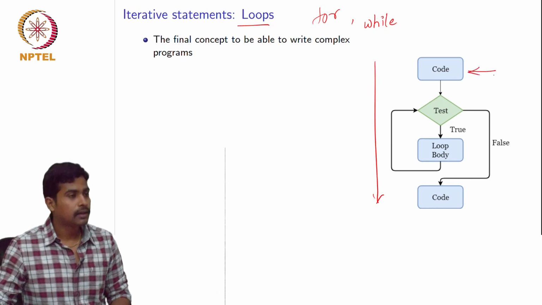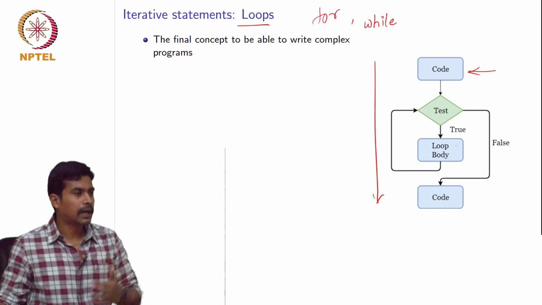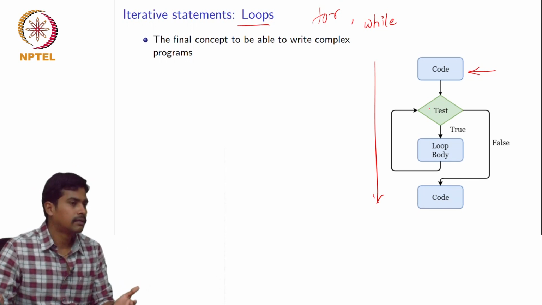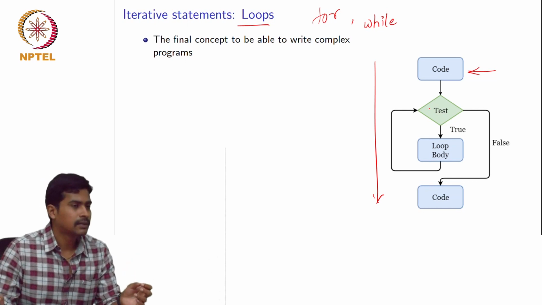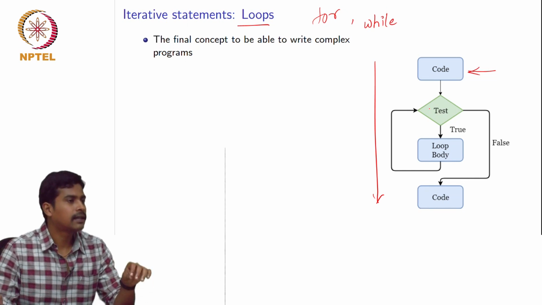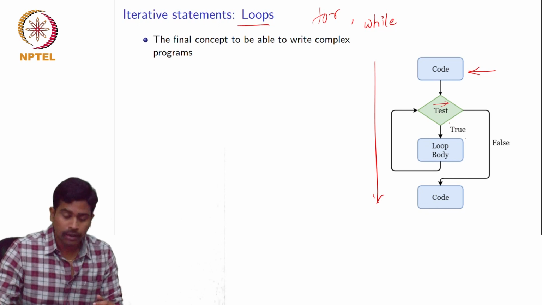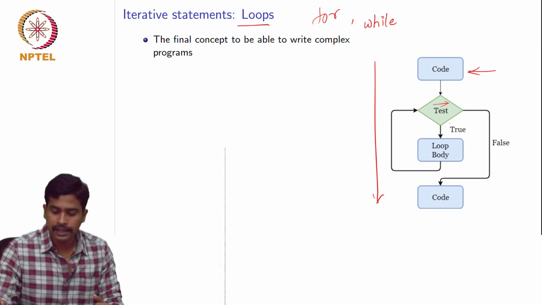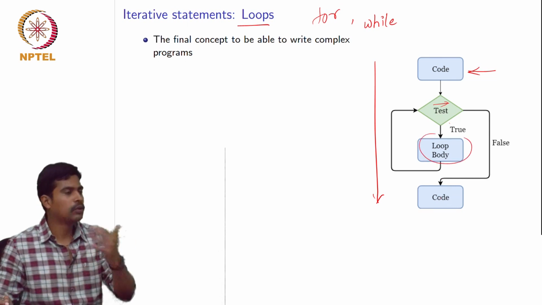This is how the iterative statements in Python work. You have a block of code, and after it you have another block of code that you want to execute multiple number of times. If you want to run it exactly 10 times, you should keep track of the iteration, whether it is the first iteration or the second iteration. So there is a test to see what the iteration number is. If it is true, it will go to the block of code and execute the statements, and again it comes back and checks the condition. If the condition is false, it will exit the block of code, and then it moves on to the next part.